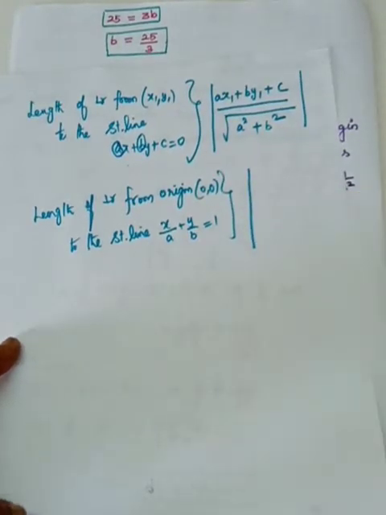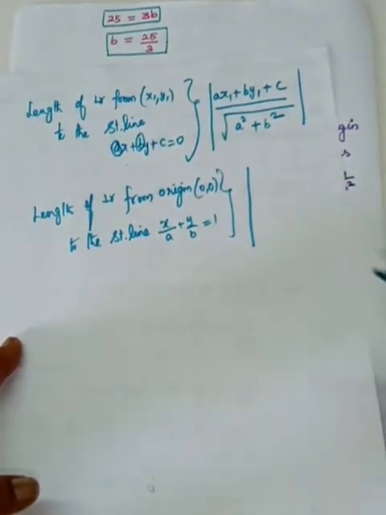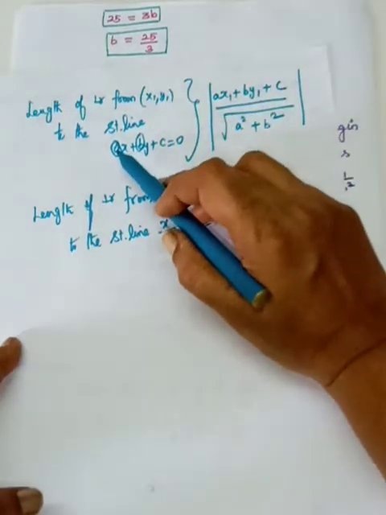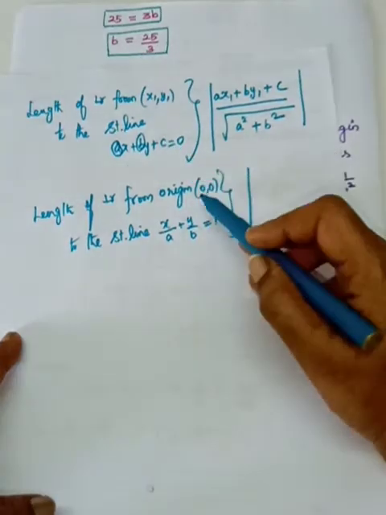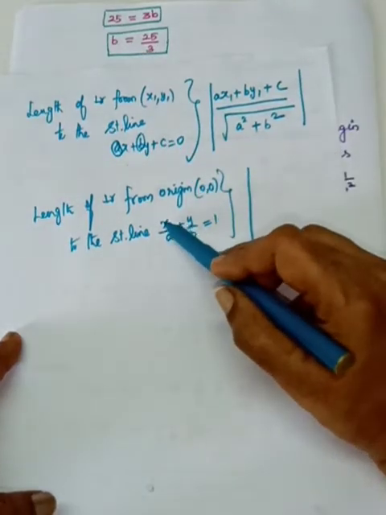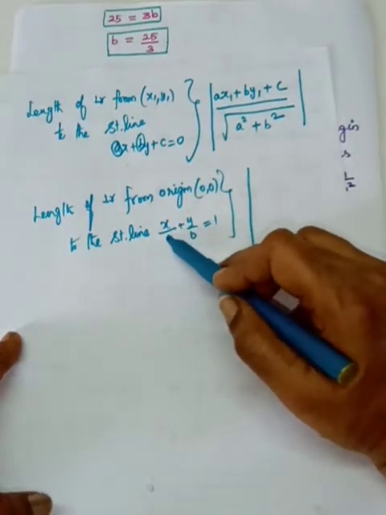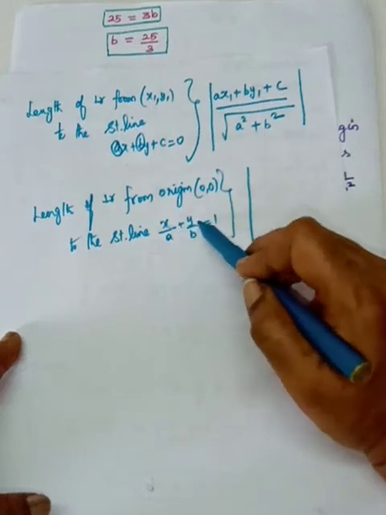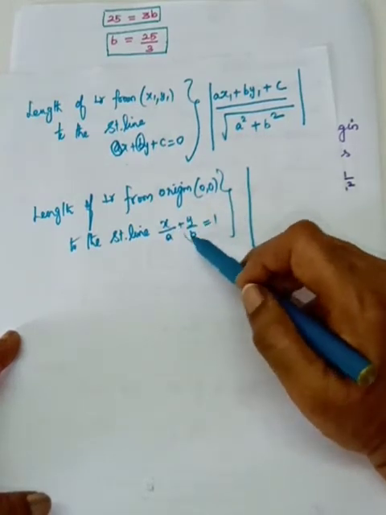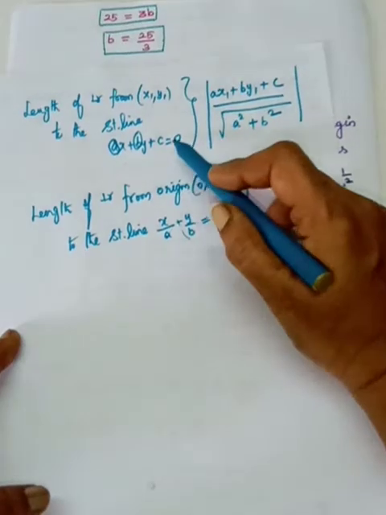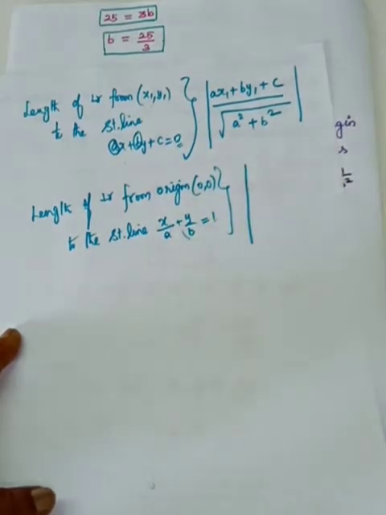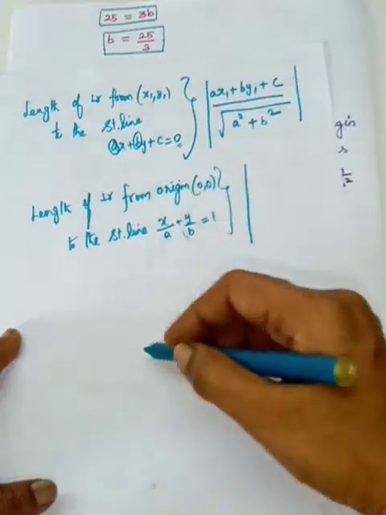So here modulus of, what I did here, the point has to be substituted in the left hand side of the equation. So here what is the point? 0. So when you substitute 0, the whole thing will become 0. x by a is 0. In the same way, y also 0, so y by b also 0. Bring this 1 to the other side, because in the right hand side you are having 0. So bring the constant term to the other side.